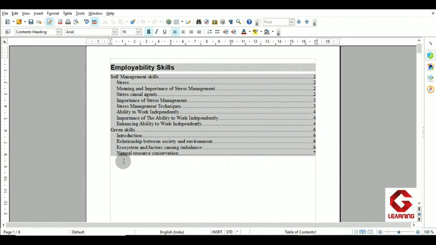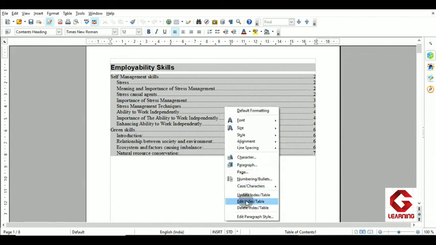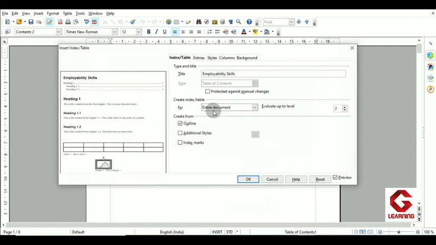But even though I have applied another style, if I still want that topic in my table of contents, how can that be done? That I am going to show you. For that I have to open the same insert index table window again. So I am opening it, and here, just to make that topic visible, I have to select this option, that is additional styles. Whenever we are using styles on the text available in the document other than heading 1, heading 2 and heading 3 and so on, we have to use this option, that is additional styles.